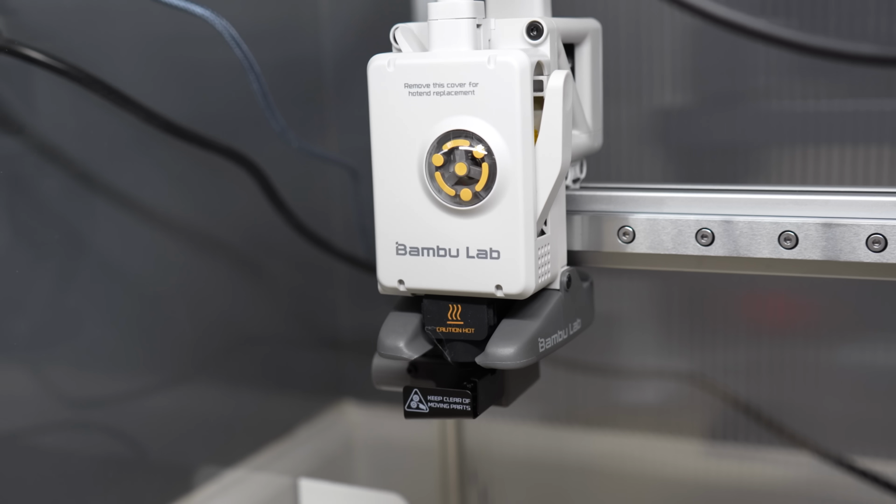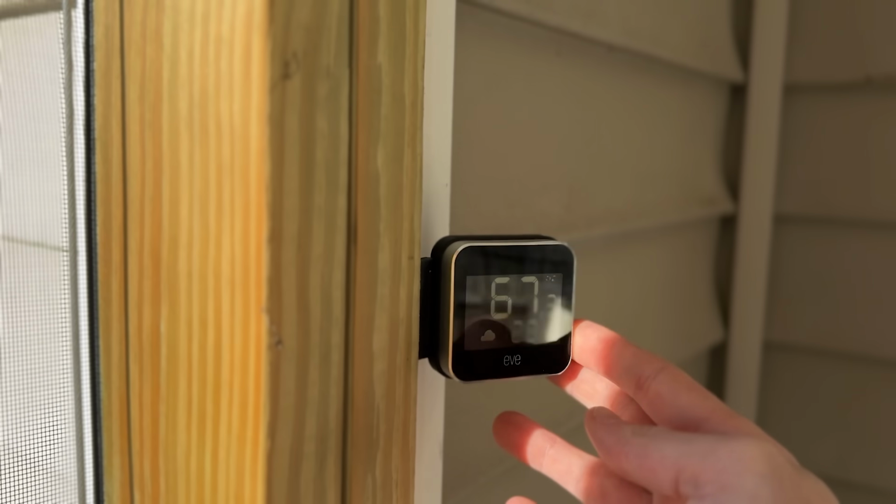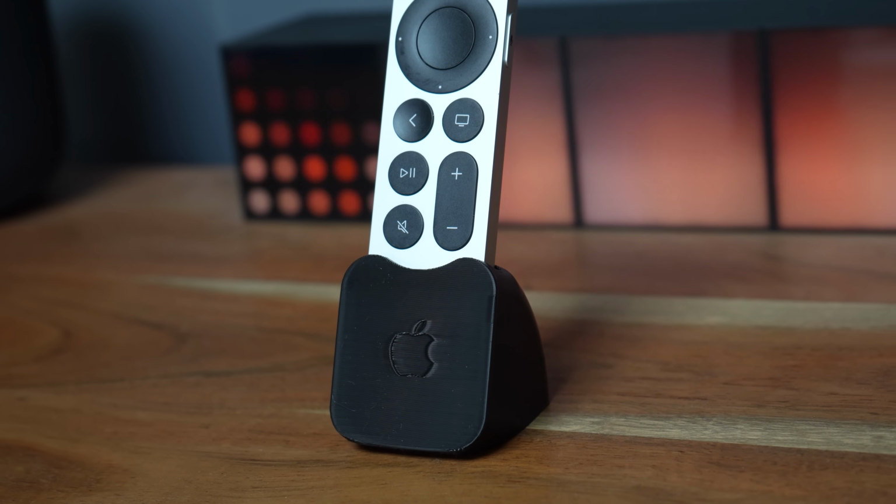You know what's better than buying accessories for your smart home? Making them yourself. I've been using my 3D printer lately to create custom mounts, holders, and all kinds of stuff to complement my smart home setup. It's been really awesome. And that's coming from someone who really didn't have much interest in 3D printing at all